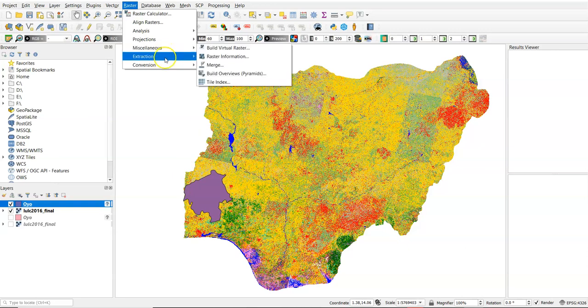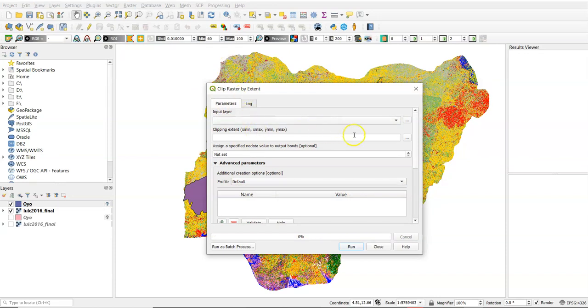So we are going to first use the extraction by extent, and we select the input layer, which is now the image layer. The clipping extent can be the minimum X and maximum X, minimum Y and maximum Y. If you know the coordinates, we just input them and separate them by comma.